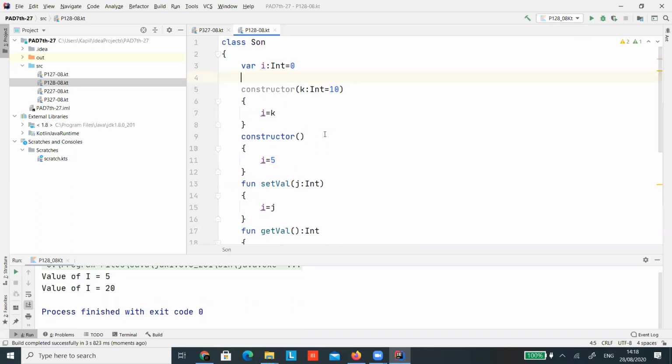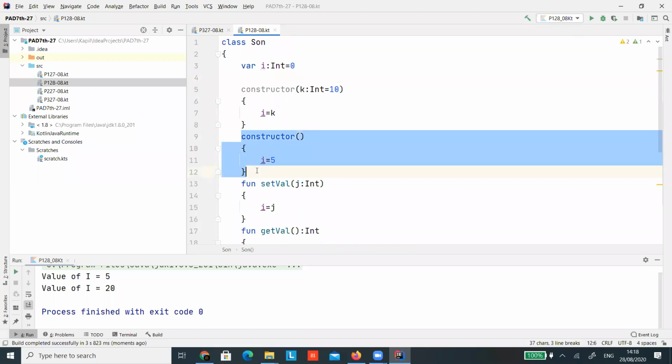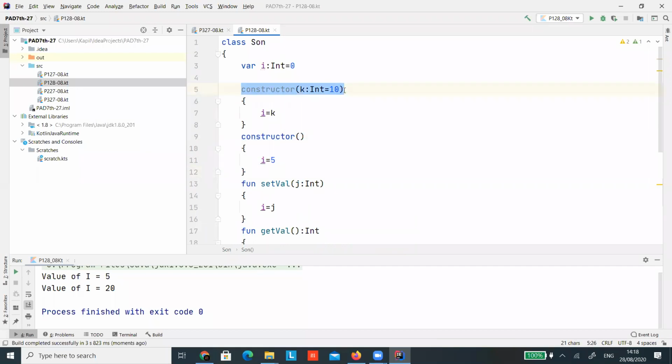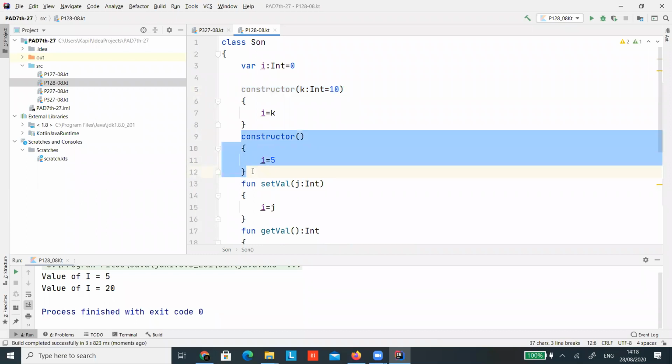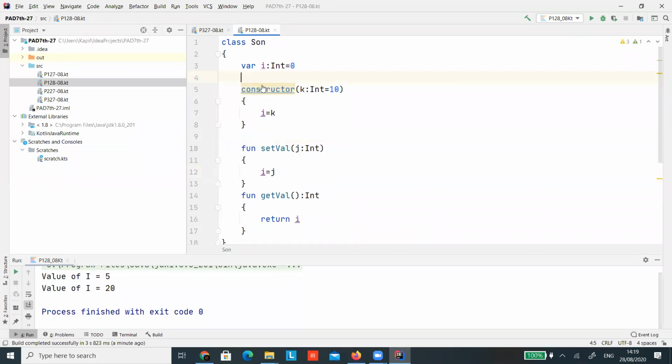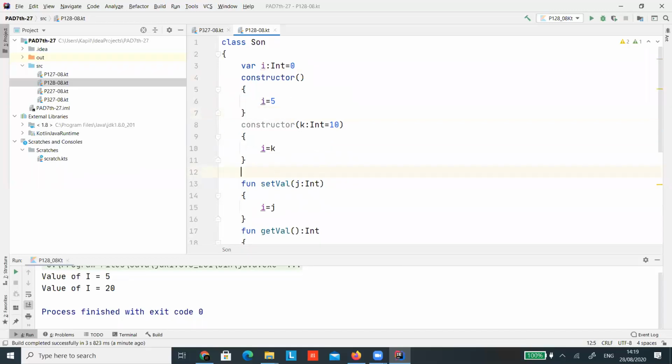So what does it mean? It means if you are having an empty constructor and you are also having a constructor with a default value, then the priority for the empty constructor is always high. Whether you write it first or second doesn't matter. Clear? So this is all about constructors. This must be written first, so it looks proper.